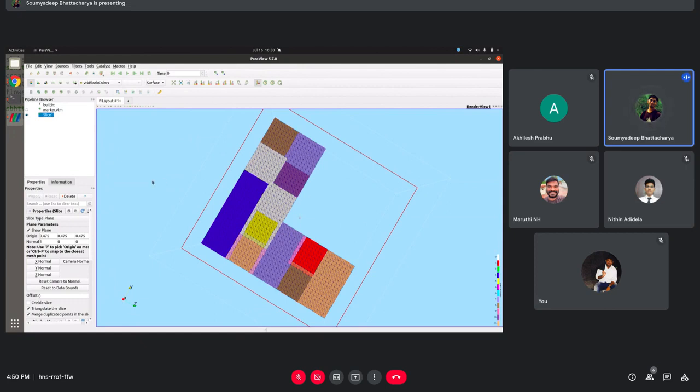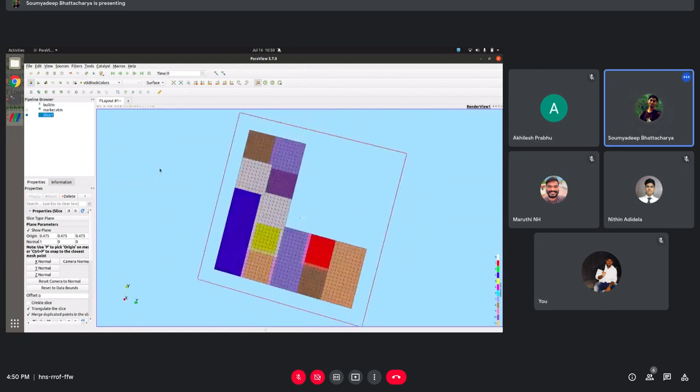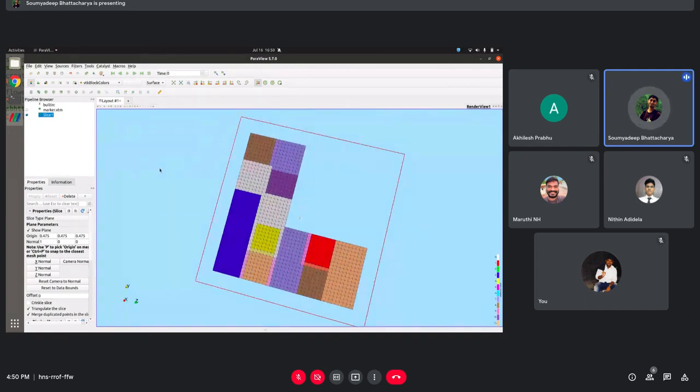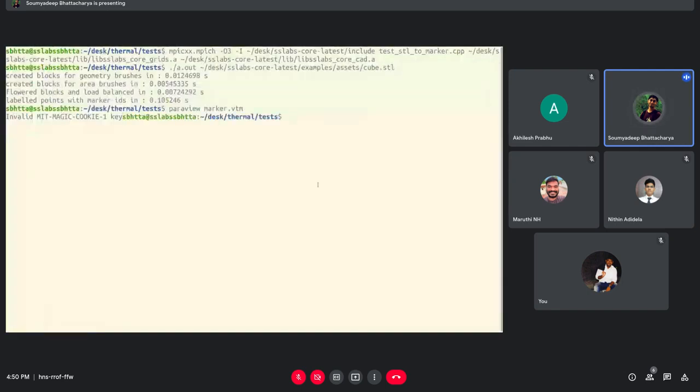So this is how geometry brushes work. When you go to multi-resolution, you can resolve different portions of a geometry with different geometry brushes. Suppose top left of the car, I want very fine resolution, bottom left, I want lower resolution and so on. You can use geometry brushes to change resolution across a geometry also. Now the question is, what about area brushes? So if you go back to your code